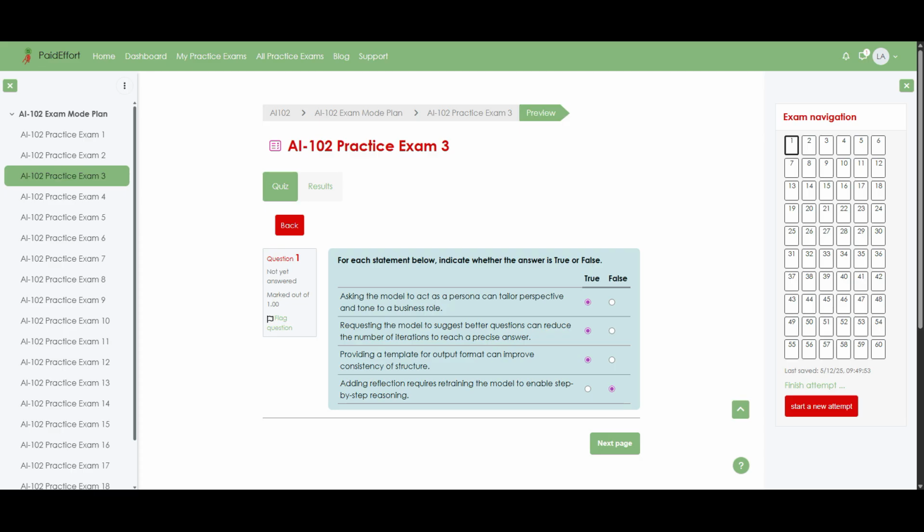As a result, the model can get to an accurate solution faster, similar to how a doctor asks clarifying questions to diagnose a patient efficiently. Additionally, the third statement is true, because templates bring structure. When you provide headings or fields, the model follows them, producing consistent and predictable responses, just as forms ensure uniformity